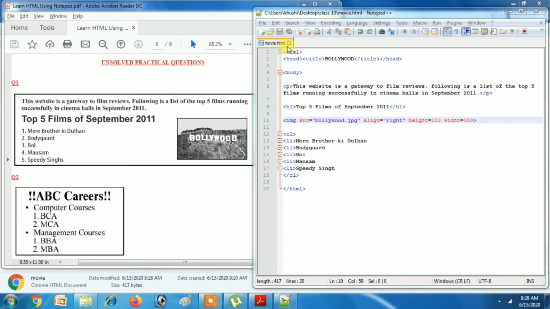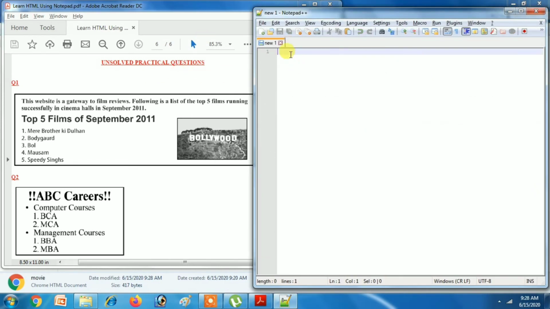Okay, you also close it. Now you can see this is new page. And now the next program I will make with Notepad. Got it? This is Notepad++ editor to do HTML programming or any other language we can write here and then save it accordingly. So for HTML I'm using Notepad here.